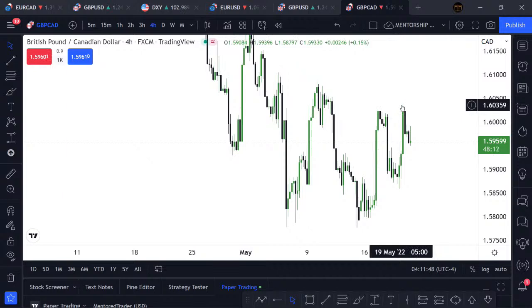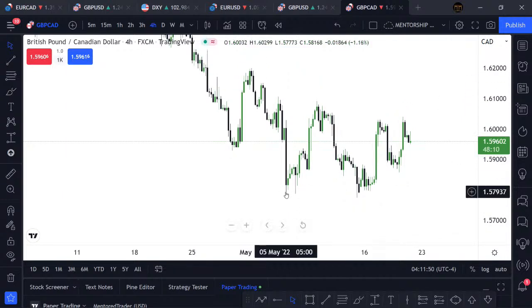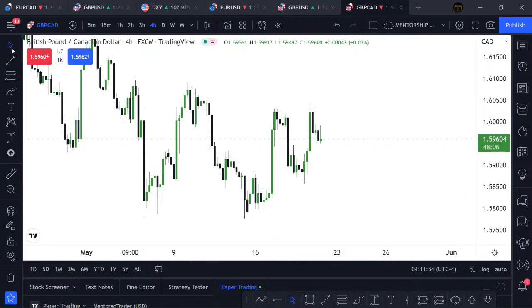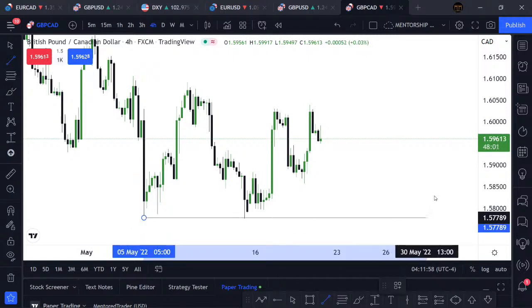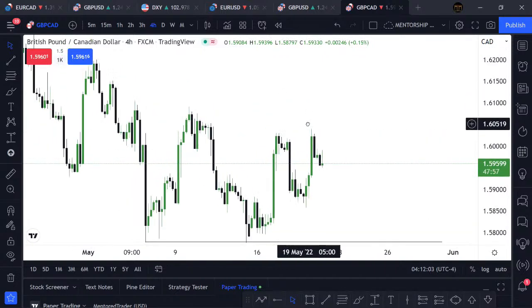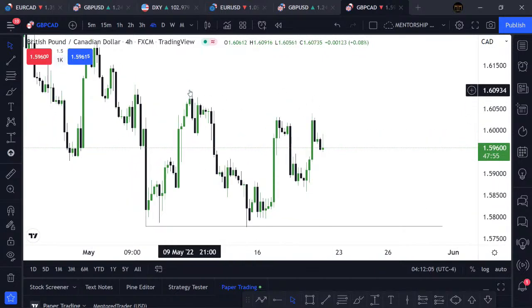We're looking for opportunities to buy. Let's see. Okay, looking for 50 pips or so. Relative equal lows. The next swing point